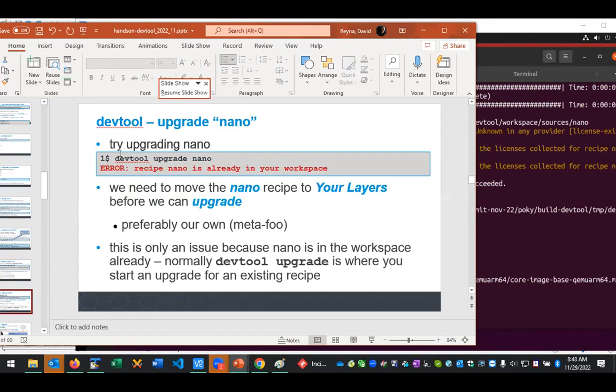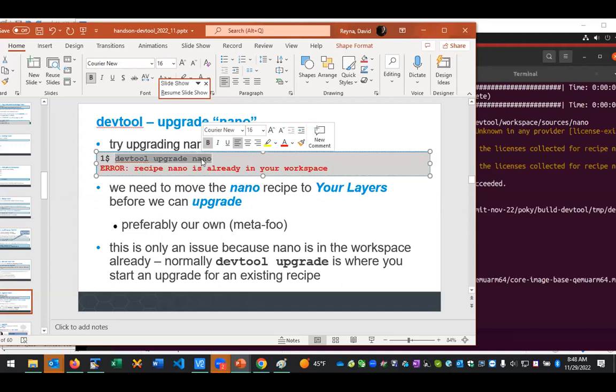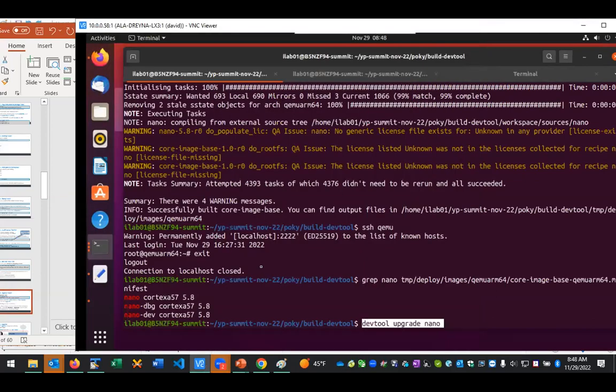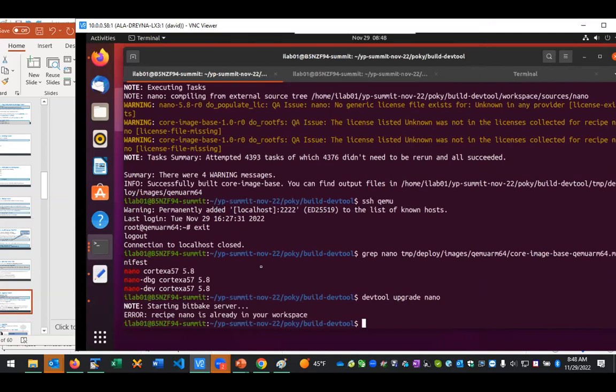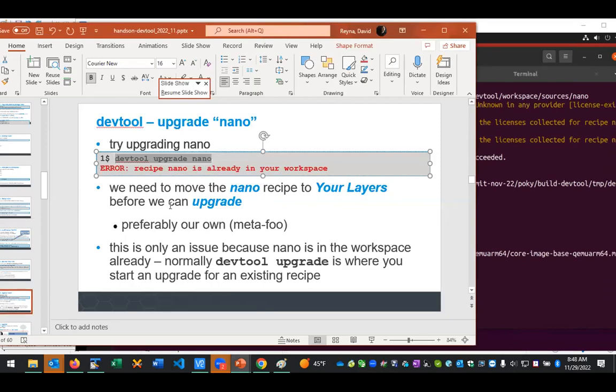Okay, let's try the upgrade commands. Let's just run this command. I'm not going to deploy anything. We've already built it, we just proved that. So let's try this command in the main shell. We will get an error, because upgrade is going to try to pull in a newer version of nano, but nano already exists in our workspace because we did that earlier. So let's see what we can do. We need to export nano to our layers before we can